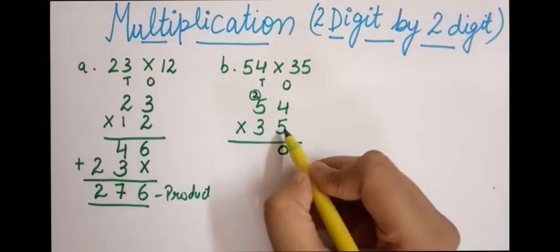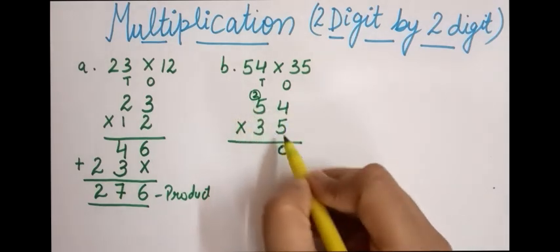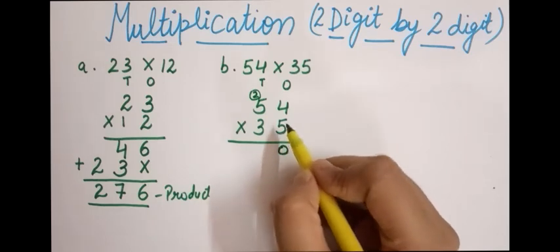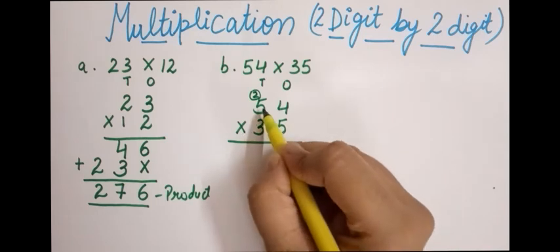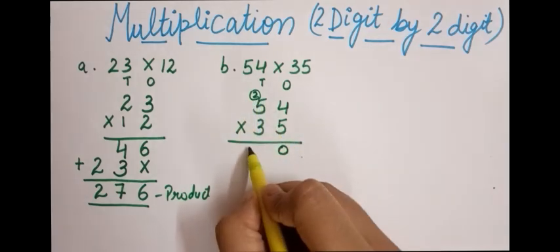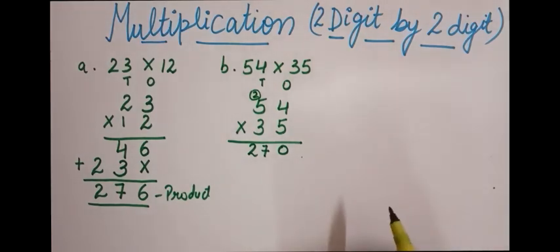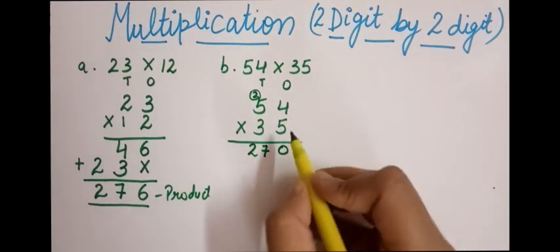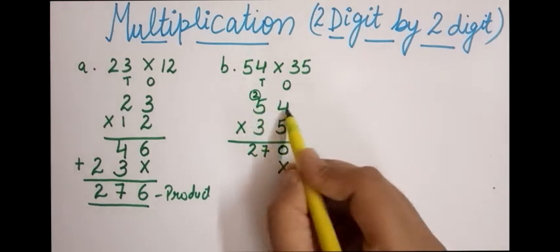Then I have multiplied this 5 by this 4. So 5 4s are 20. 2 is here as carry and 0 is here. Then again with this 5 I will multiply this 5. So 5 5s are 25 plus 2 is 27. 2 7, 27. After that, down here I'll put a cross because now I have multiplied both the numbers by 5.